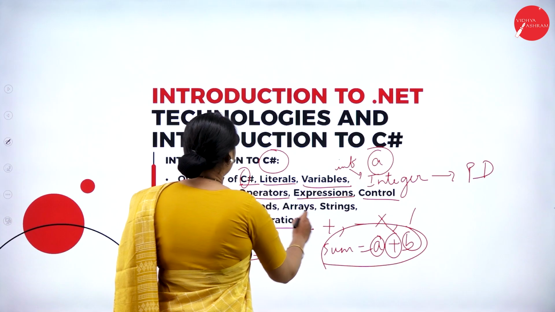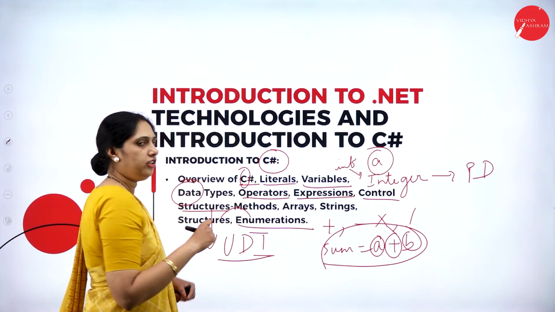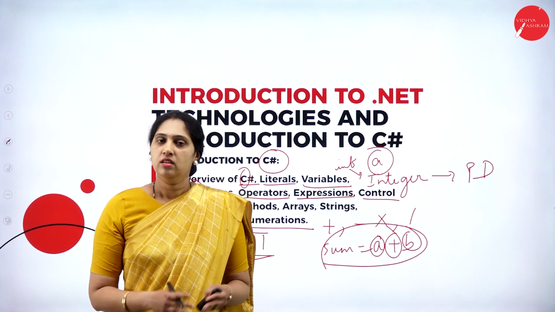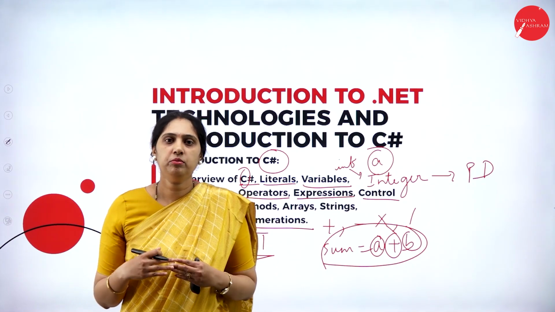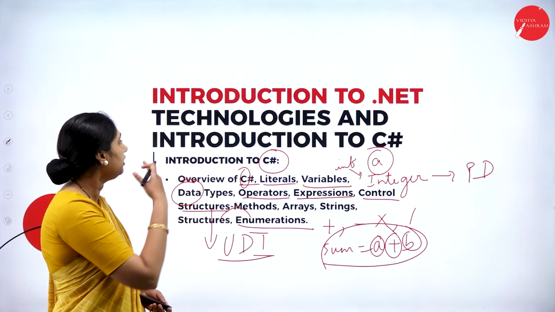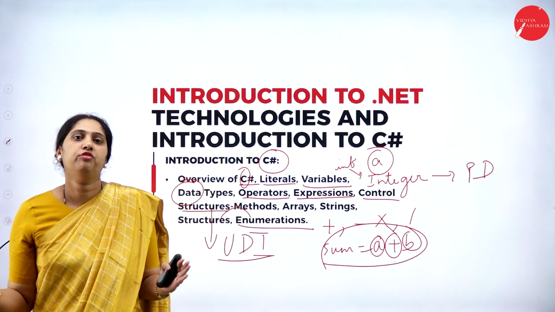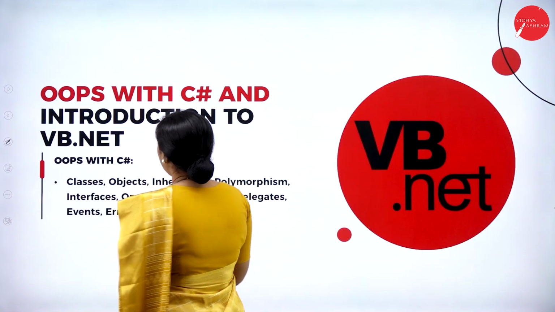Next, enumeration. What is the difference between structure and enumeration? Enumeration means you have some constant values. Structures mean only data and members. It is in unit 1. When we come to the session, we'll get a brief difference between these. Next is